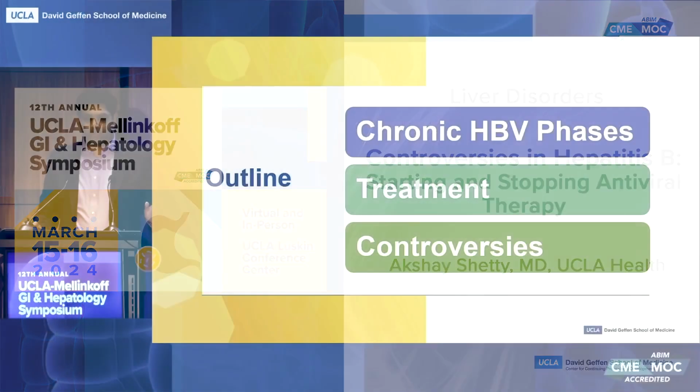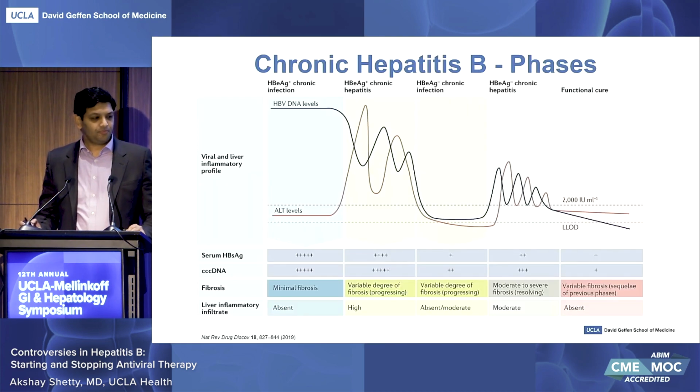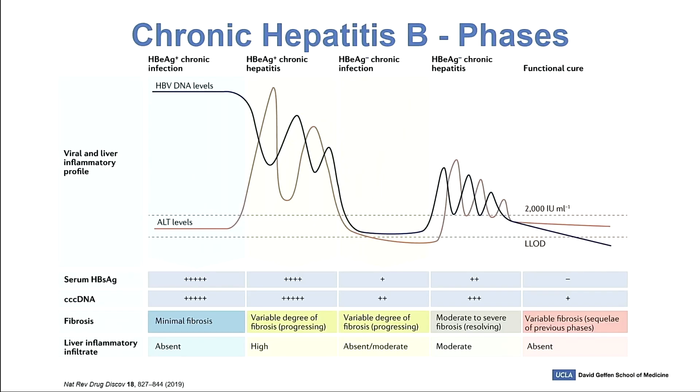So briefly, I'll talk a little about hepatitis B different phases. We'll dive straight into the treatment options and spend the majority of our time talking about controversies, both starting and stopping therapy. So Hep B classically goes through these 4, if not 5 phases, starting with the initial infection,